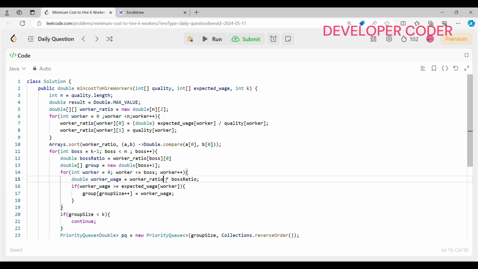So worker ratio at column 1, and worker wage is at which index? Worker index. So this is how I'm going to calculate the worker wage, and we don't need to write this right now. So here group of worker is equal to worker wage, and then